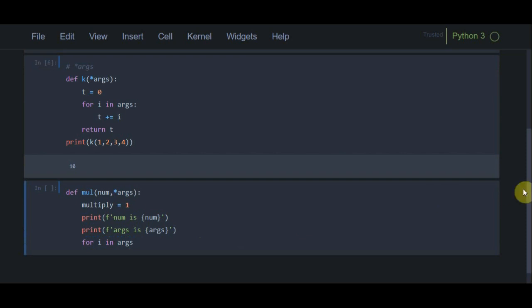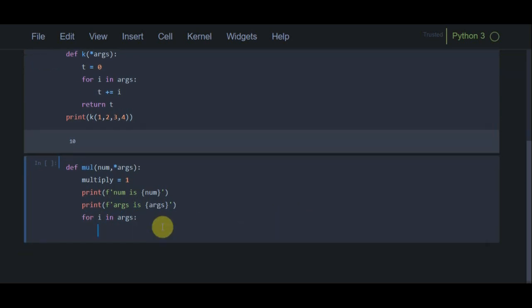We have to multiply each and every atom present in the list. So what we can directly do here is simply multiply star equals i.